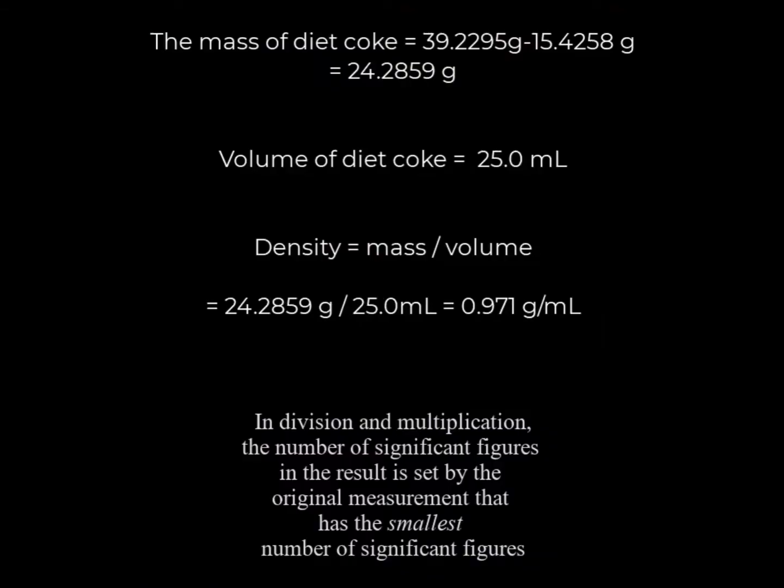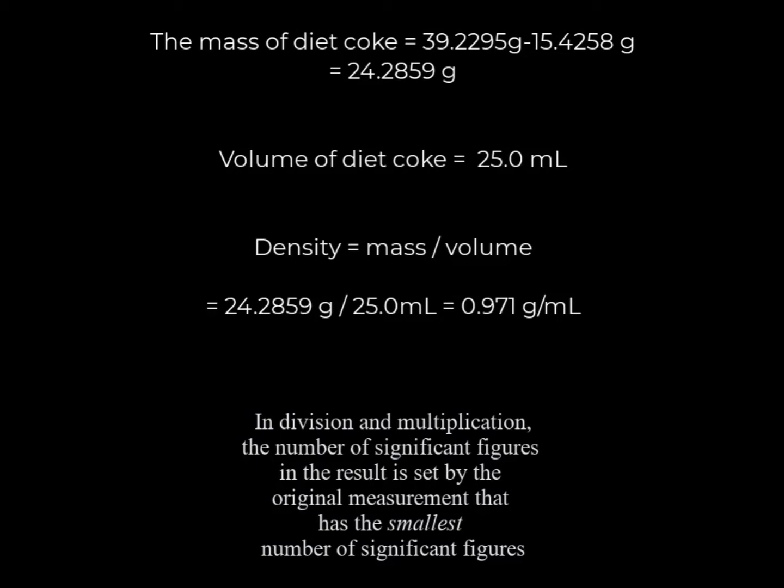Here I calculated the density of Diet Coke using our first mass and volume data set. Mass of Diet Coke is 24.2859 grams, obtained by subtracting the mass of the empty bottle from the mass of the bottle with the Diet Coke. Volume of the Diet Coke is 25.0 milliliters. We have only 3 significant figures for the volume because we used the measuring cylinder to measure the volume. Density is mass divided by volume. So the density is